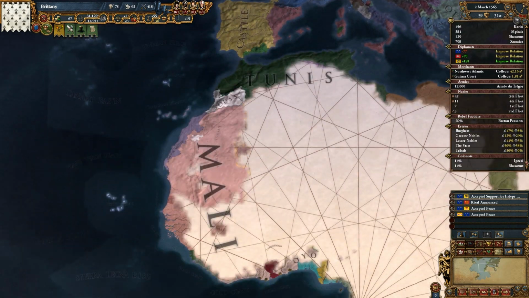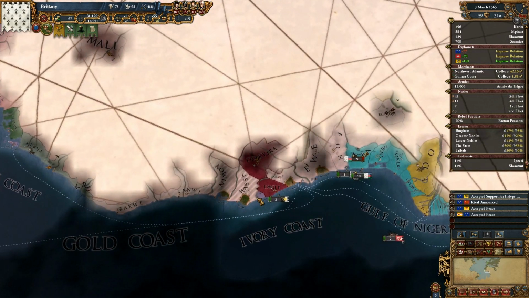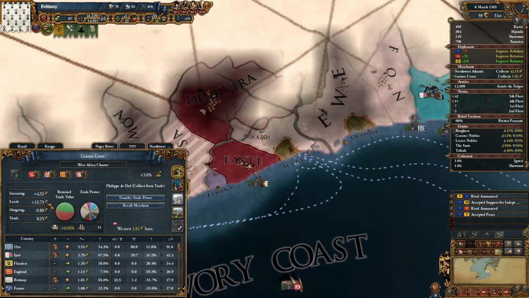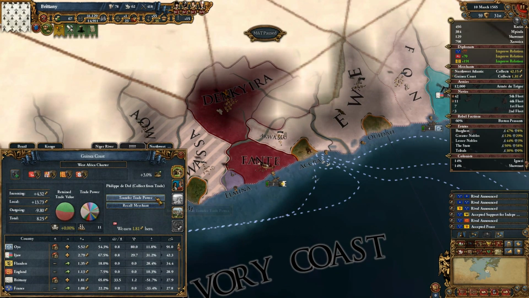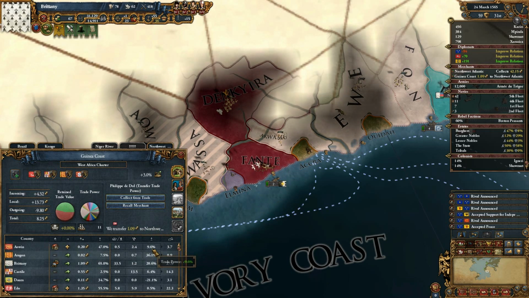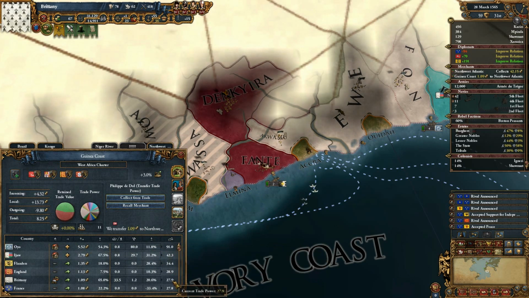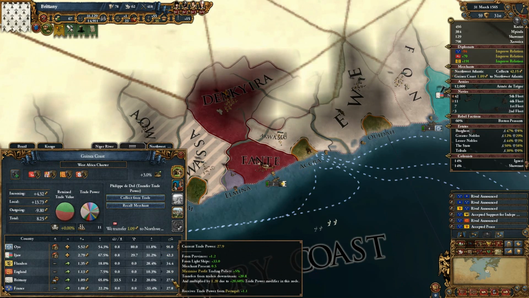I'd like to also mention that I forgot to resend the trader to Guinea Coast, so we lost a bit of trade there, but without the trader, it told me that we were transferring 2.49 to Northwest Atlantic, and with him we're transferring 1.09. That hardly makes any sense. Current trade power, we're not doing really bad, but